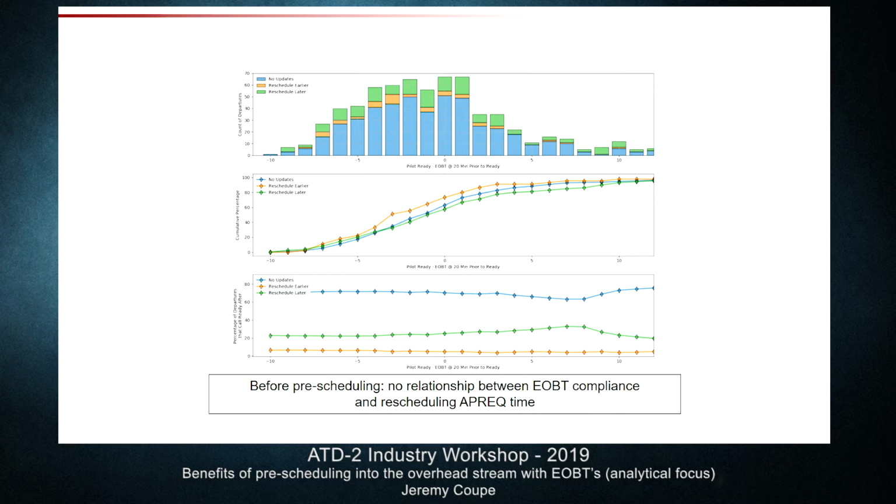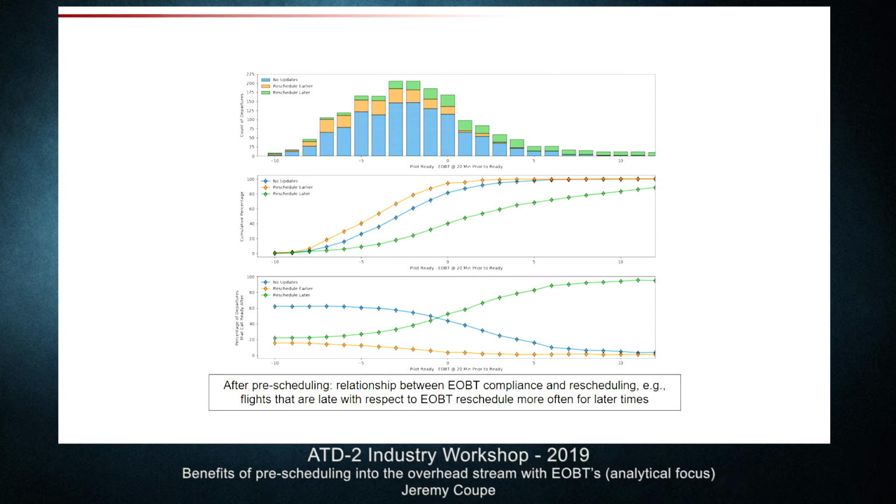The old process was, when you were ready, you called the ATC and requested a control time. Once you got that control time, you started moving towards the runway. So again, whether you were late, early, whatever with EOBT, the fact that you wait until you're ready to request that control time means there's no relationship between EOBT compliance and whether I'm rescheduling for earlier or later times. However,